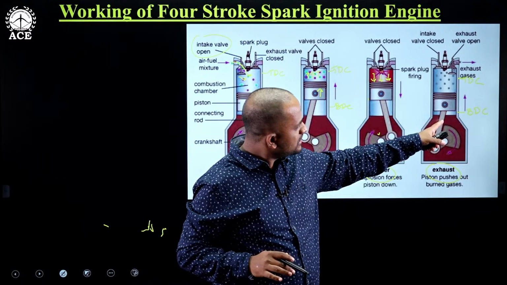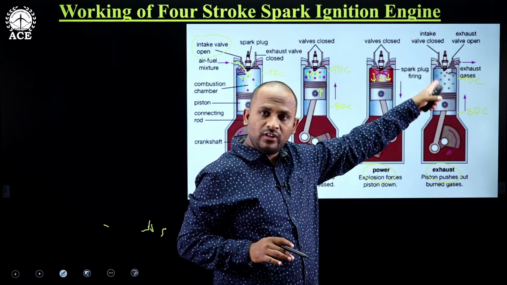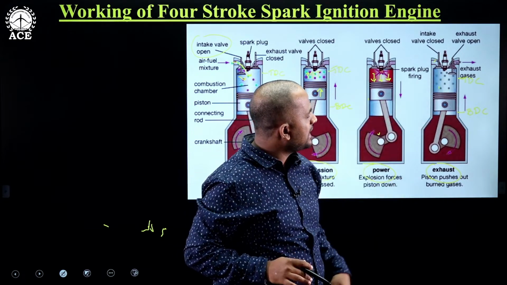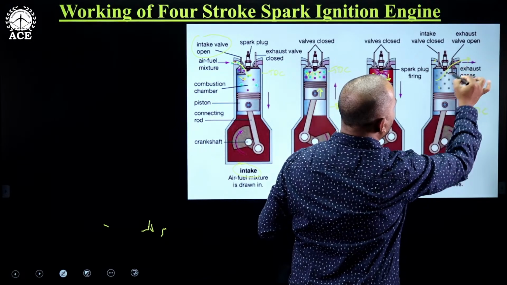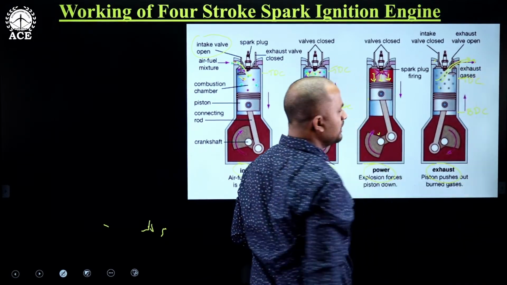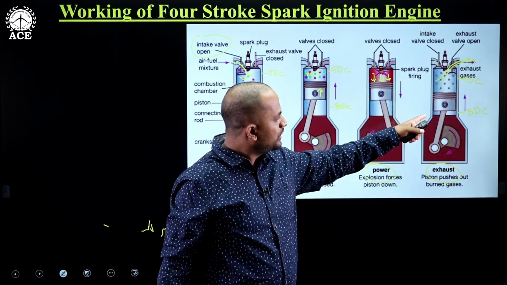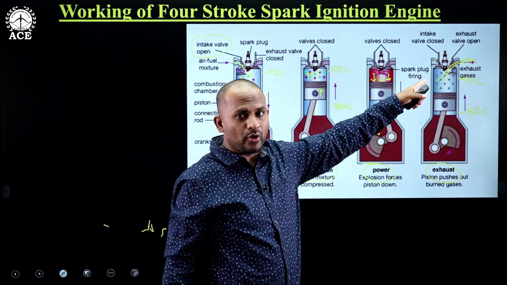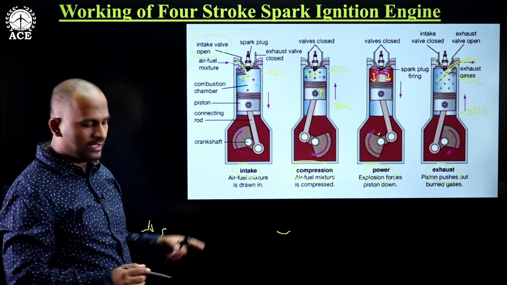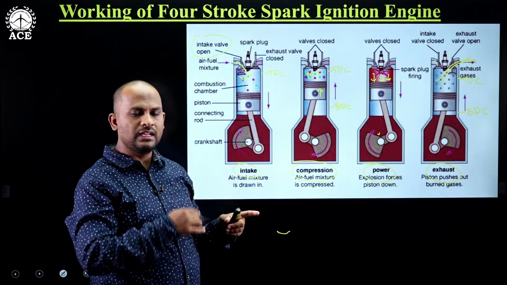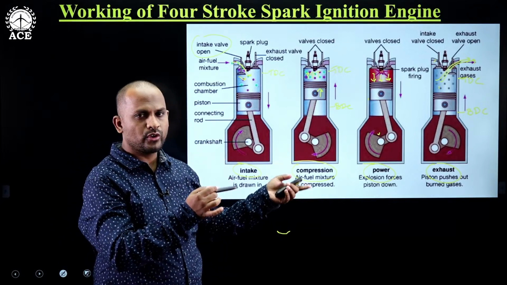As the piston moves from BDC to TDC, the exhaust valve will be opened and all the exhaust gases will escape outside the engine. When the piston reaches the TDC point again, the exhaust valve will be closed and the inlet valve will be open. So this is the cycle of operations: continuous suction, compression, power stroke or expansion,